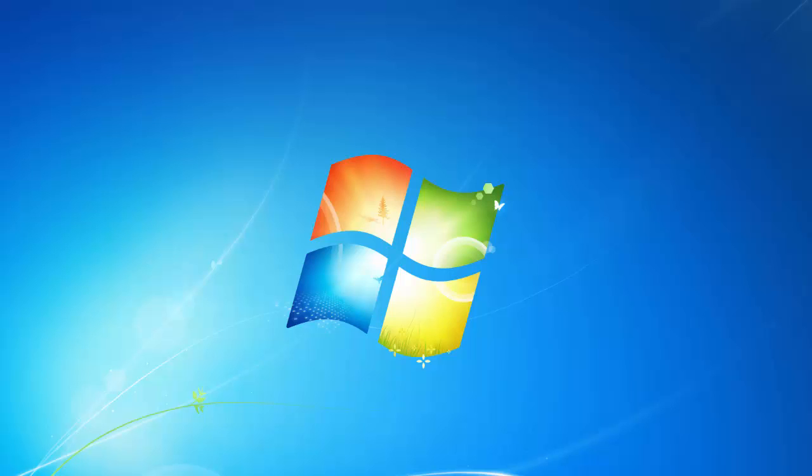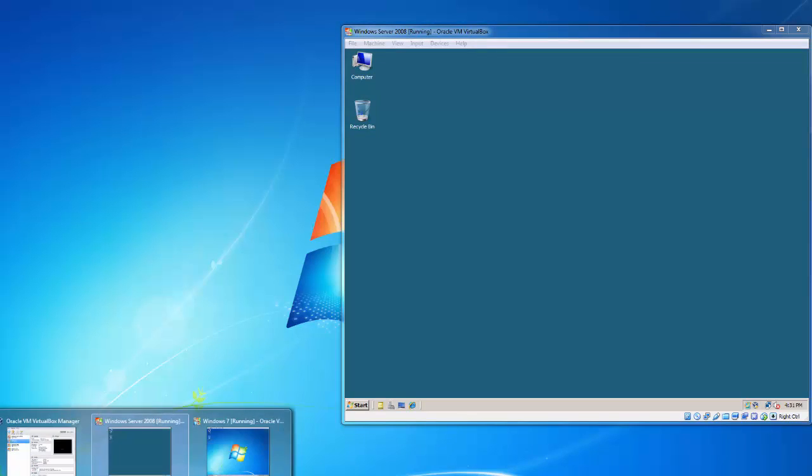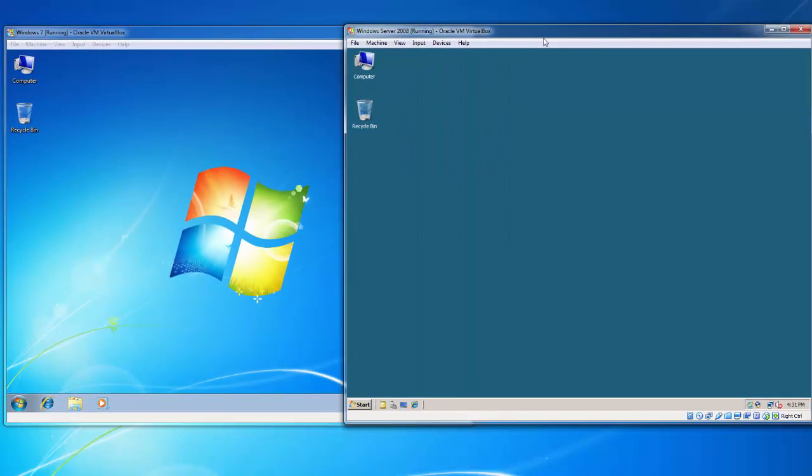Right now, in this demonstration, I'll be using two virtual machines, that is Windows Server 2008 and Windows 7. Right, so let me just get these up and running side by side. Nice, we just position them. Good. Right. So basically, how it works is that you use a utility that comes with Windows that allows remote